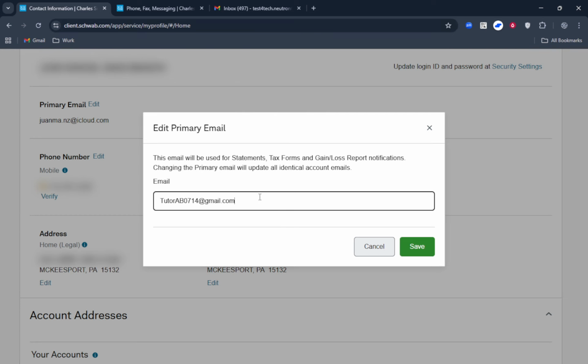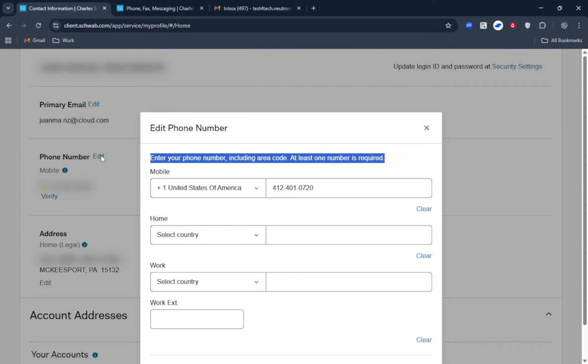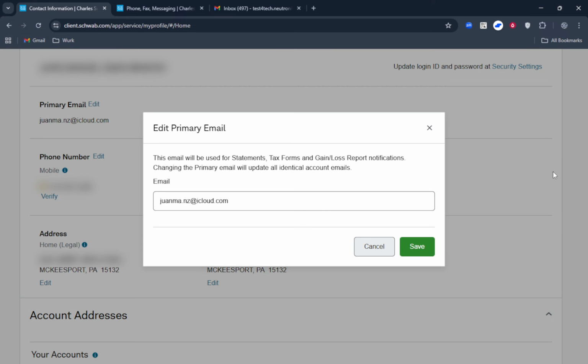That's all it takes to update your email on the Charles Schwab website. Once your new address is confirmed, you're all set. For security, avoid making changes on public or shared computers and review your contact preferences periodically so statements, alerts, and confirmations all